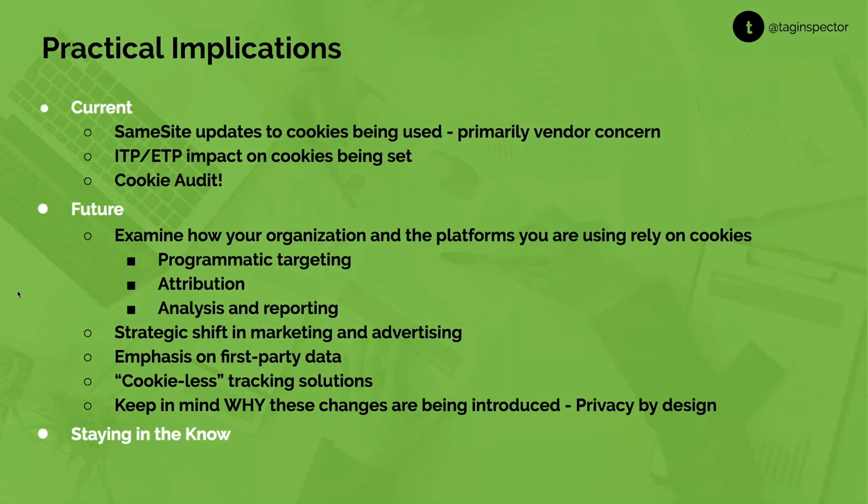The second kind of implication related to those technical measures, again, is that ITP and ETP impact cookies being set. Now, these are much, much stricter, for sure, than the Chrome updates. The Chrome updates are just making sure that third-party cookies are properly labeled and treated securely, which reduces some different security risks for users and some different attacks that can be done. The ITP and ETP impact is that those basically cut off or throw out third-party cookies, or greatly inhibit the use of those.